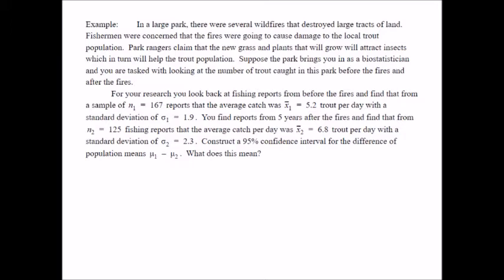We got our sample mean here of 5.2 trout per day before the fire out of 167 reports and a standard deviation of 1.9, whereas after the fire we have a sample mean of 6.8, population standard deviation 2.3, and a sample size of 125. Now we could do these by hand. Also pointing out 95% confidence interval, but actually your calculator does a really good job with what's called two sample